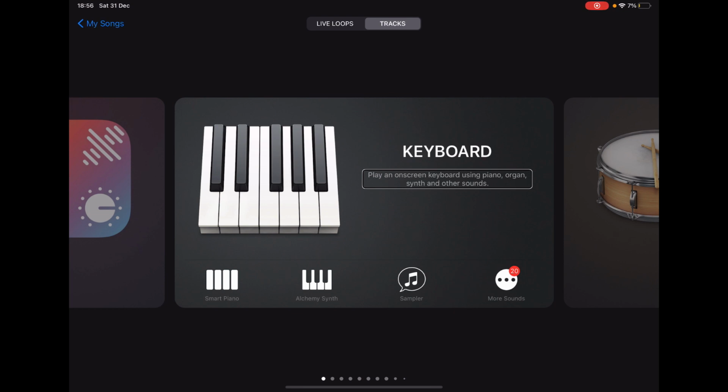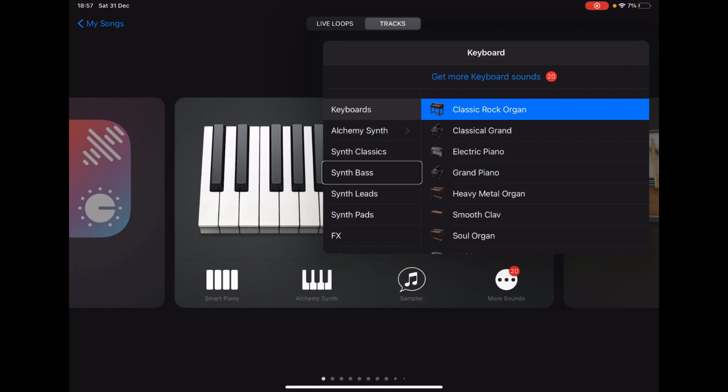Okay, yeah, guys, so this is where you can pick an instrument. Smart piano, Alchemy synth, Sampler. More sounds, 20 new items. That's a lot. Page 1 of 11. Okay, now I might go in here just to show a little demonstration. More sounds: synth key, synth bass, keyboards, synth pads, synth classic, other, synth leads. Those are all kind of